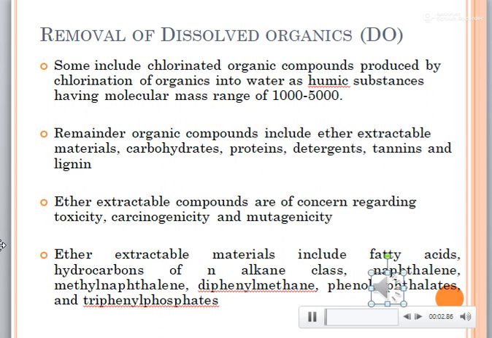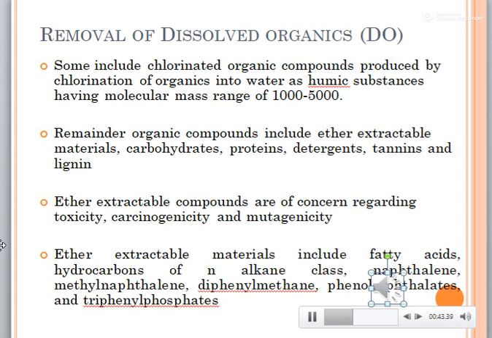Very low levels of exotic organic compounds in drinking water are suspected of contributing to cancer and other maladies. Some of these are chlorinated organic compounds that are produced by chlorination of organics in water, especially humic substances. Removal of organics to very low levels prior to chlorination has been found to be effective. Another major class of disinfection byproducts consists of organo-oxidant compounds such as aldehydes, carboxylic acids and oxoacids. Their removal is also very necessary.